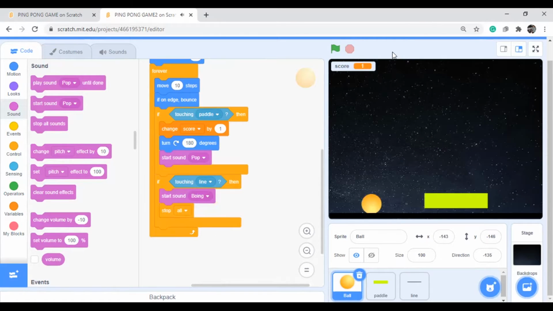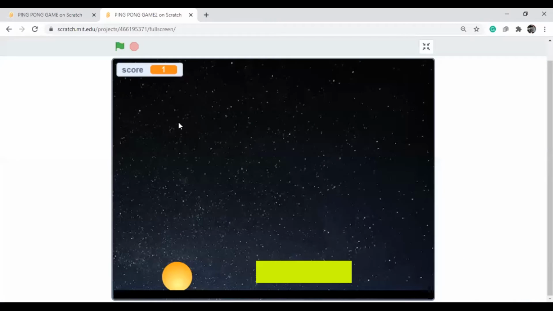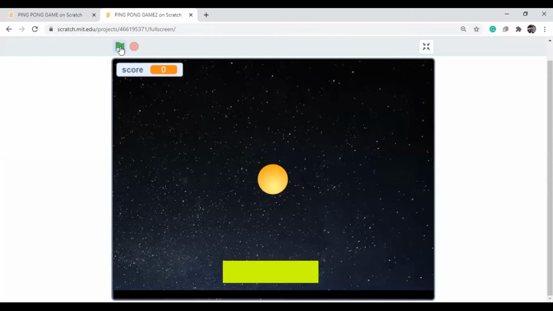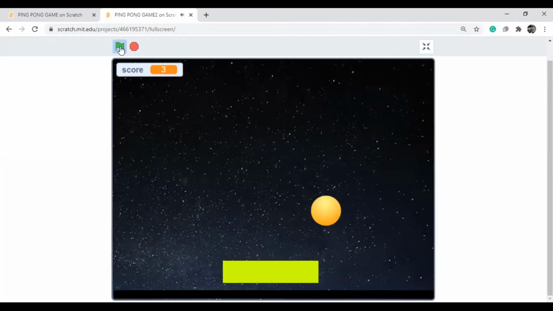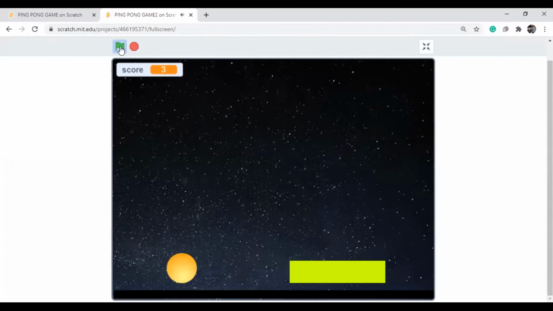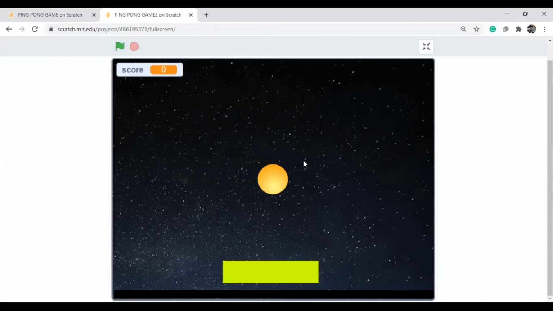The game is over. So this way we can play the normal game. Normal game means it will be like this, without levels, just we can play it like this. When flag is clicked, we are giving the starting positions of line, pedal, ball and background. And once space key is pressed, we are starting our game. It is going like this. The score is something like this. Again, if you click on the flag, it is coming to normal position.